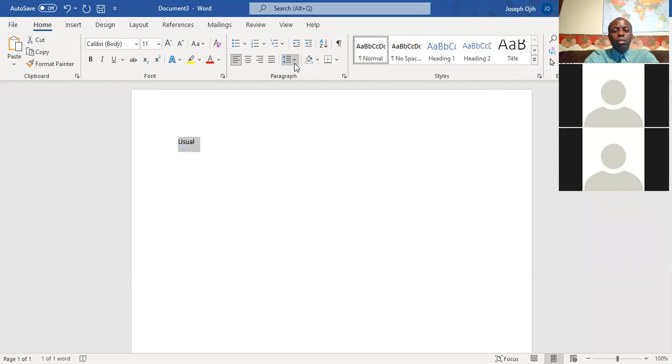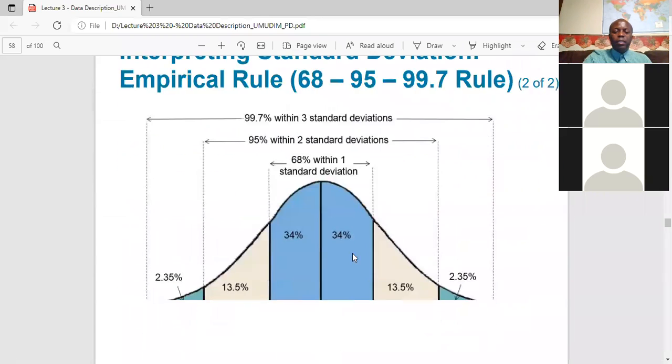So, how do I make it bigger? Okay, this is what I mean, usual. So, something that is normal. Okay, now for the other parts, we have